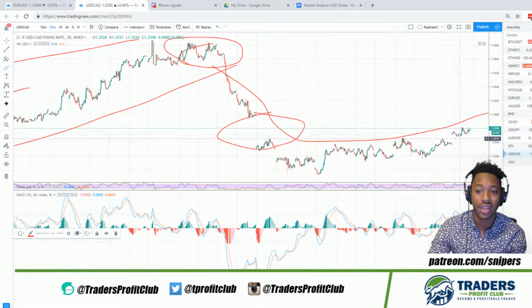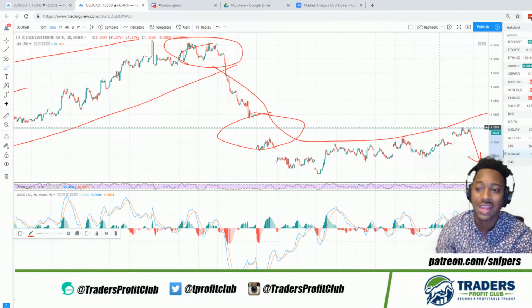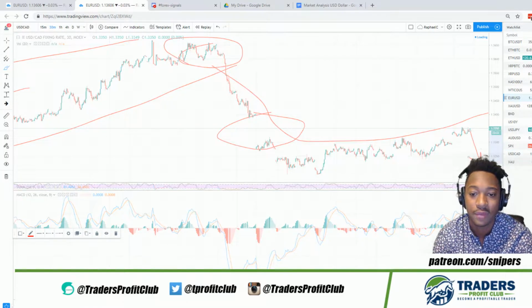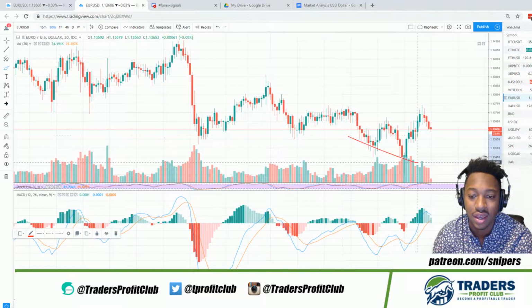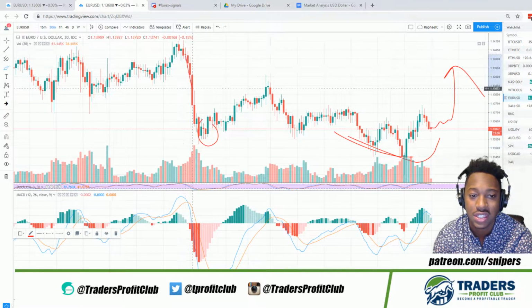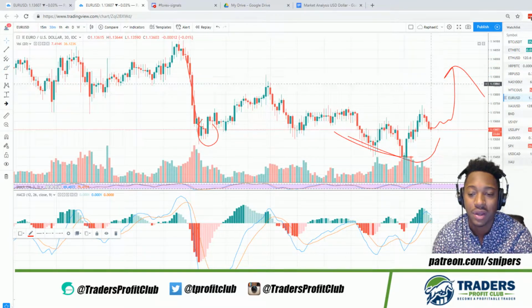As we can see the US dollar CAD, we're going to be definitely going short US dollar CAD as well. We're just looking for that entry. It's all about entries at this point, you guys. I think we essentially know where price is going to be going. As we can see that price right here, we're in the Euro trade. We see that formation, that pin bar low. And as we can see, price is definitely consolidating before the breakout to the upside. We're probably going to have the next breakout soon enough, as this area will probably look the same as this area soon enough. We'll probably see that breakout to the upside.